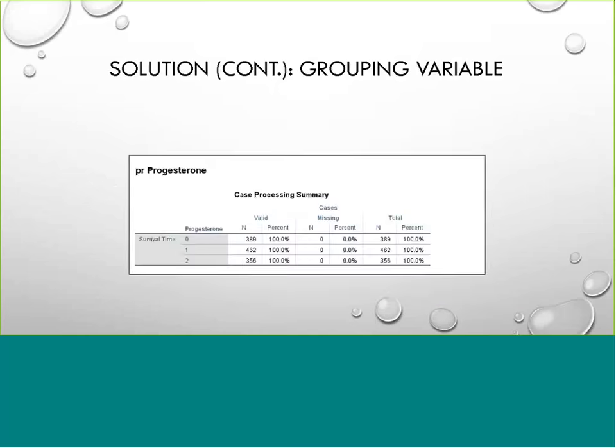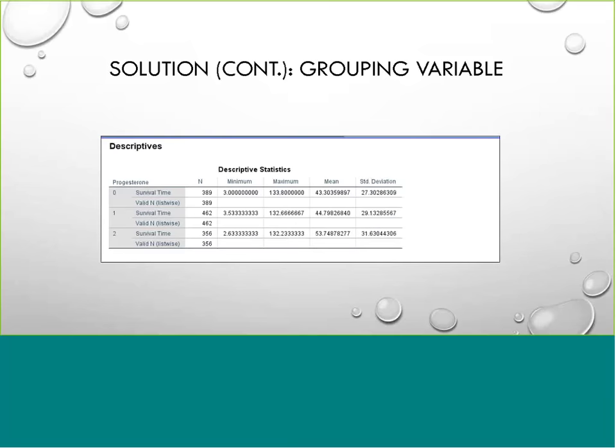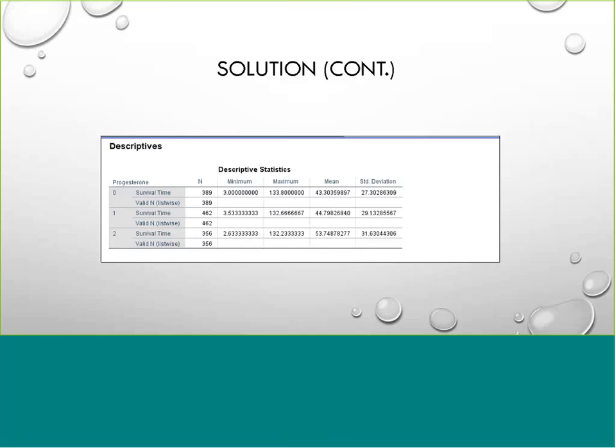Okay, and what will happen, this slide is just showing you what the progesterone levels are. So there's 3 levels. You have roughly 300 to 400 in each group. All right, and so you're expecting that many in each group when you do the subgroup analysis. And so now you have survival time descriptives, and SPSS will automatically remember, hey, you split the data by this variable. Okay, so you just have to remember to turn that split feature off when you go to do other